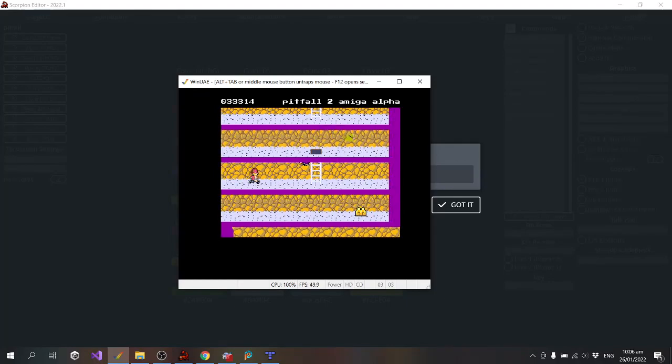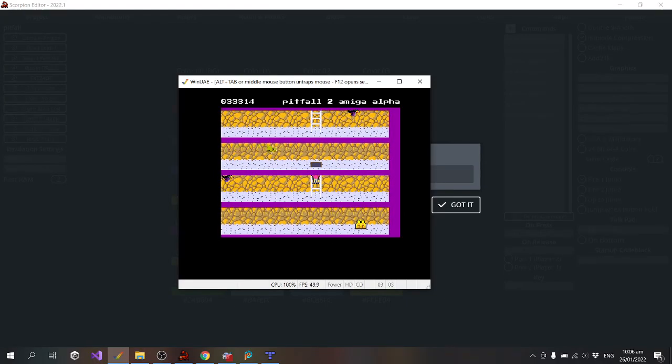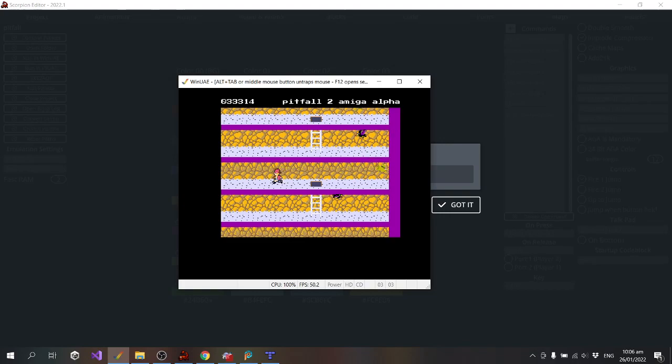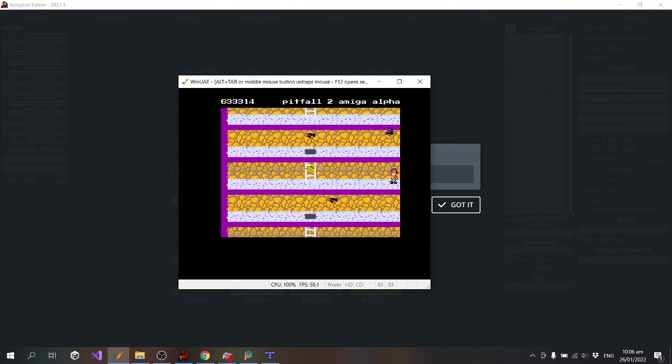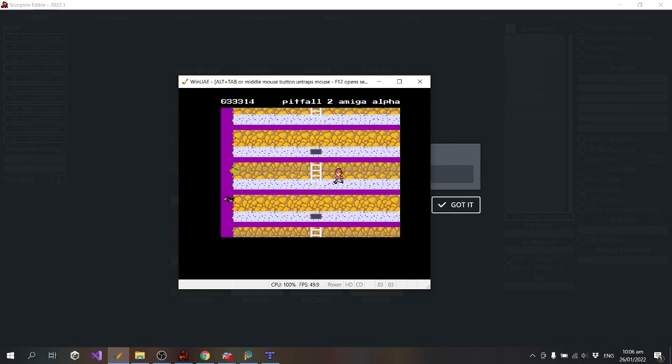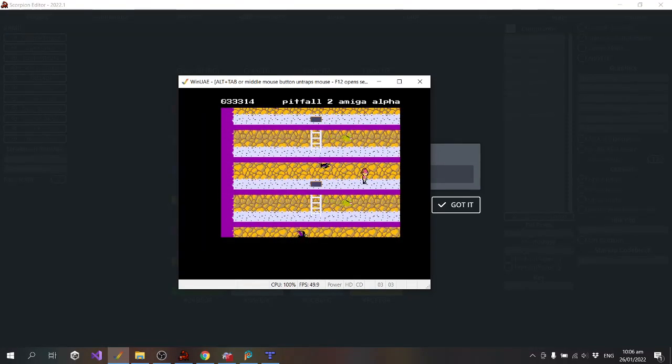There might be a bug with the ladders, getting off the ladders. It's a little bit sticky. It doesn't always get off when I push the button, or when I push sideways to get off, but that might be just me not doing it right.